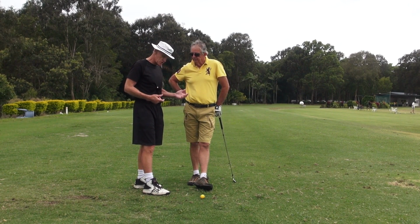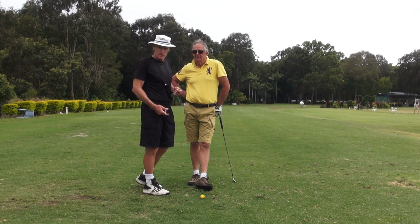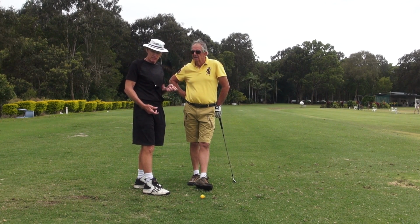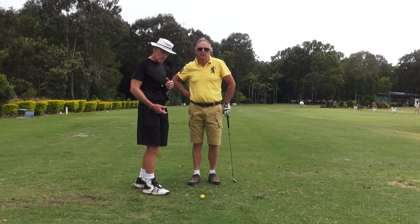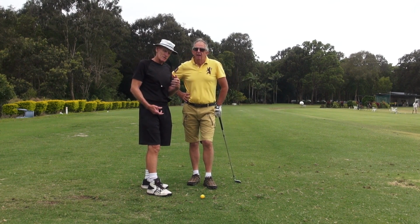But even in the millions of shots that Stuart's hit over the years, and even with a very, very good swing, and Stuart started out under the tutelage of, I think, Australia's greatest teacher, and that is Alex Mercer. And Alex is the teacher of Steve Elkington, a lot of other great Australian players. David Graham. Yeah, many. Bob Stanton. Yeah, Bob Stanton. And so he's had